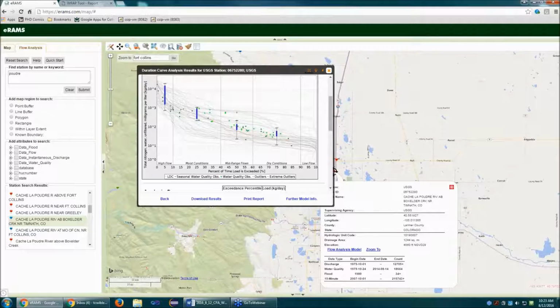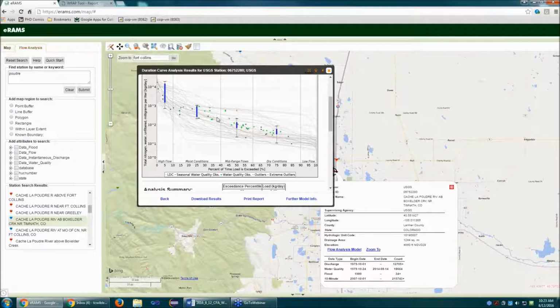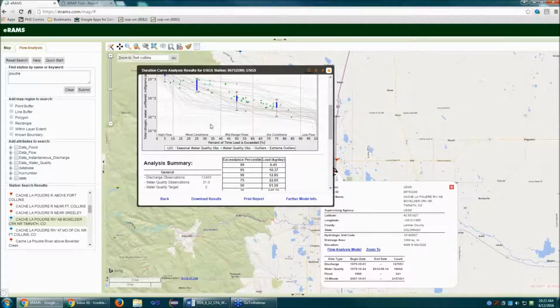But the red line is the total data, and the gray line is each individual year, and then the green dots are all the different nutrient concentration observations. So for a given observation, you can tell that these are certainly higher than that 2 milligram per liter standard that we set. And then the little black dots overlaid on top of that is a seasonal